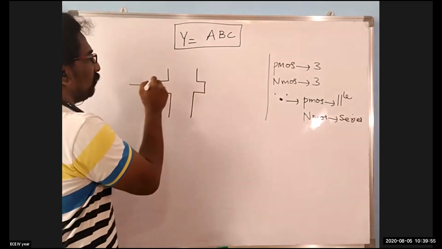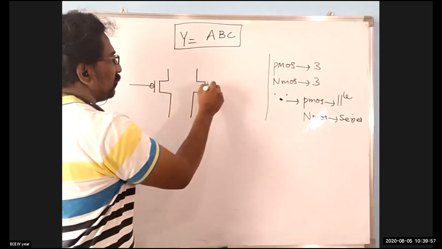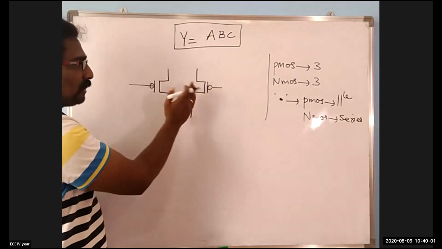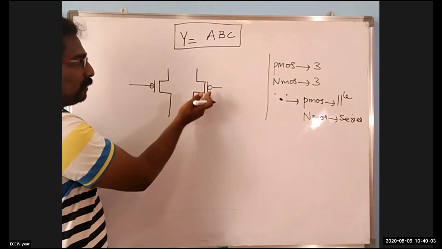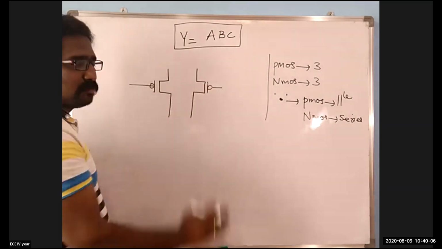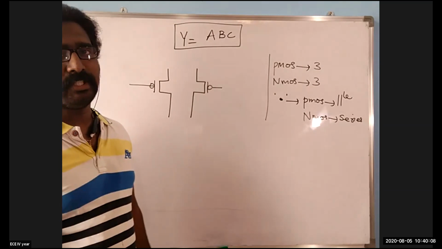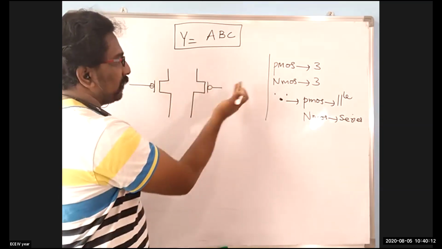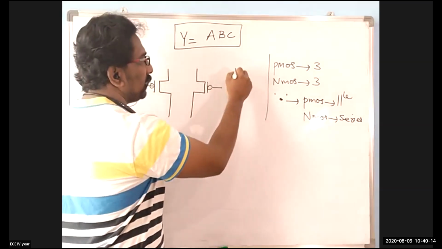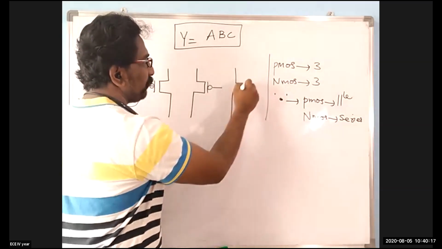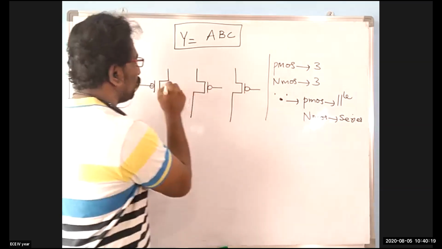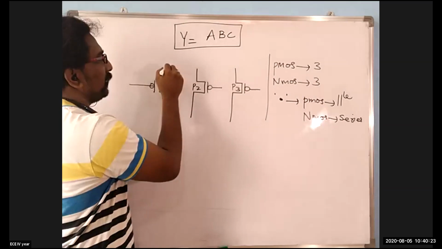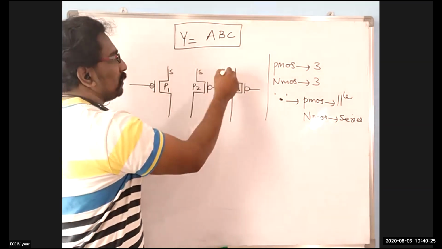First, we have drawn the first PMOS and the second PMOS, and the next one is the third. You can draw the direction or the orientation of this particular P device; it can be facing either side. So the next one will be in this way. Now this is P1, P2, and P3, and all these are the source terminals of the devices.